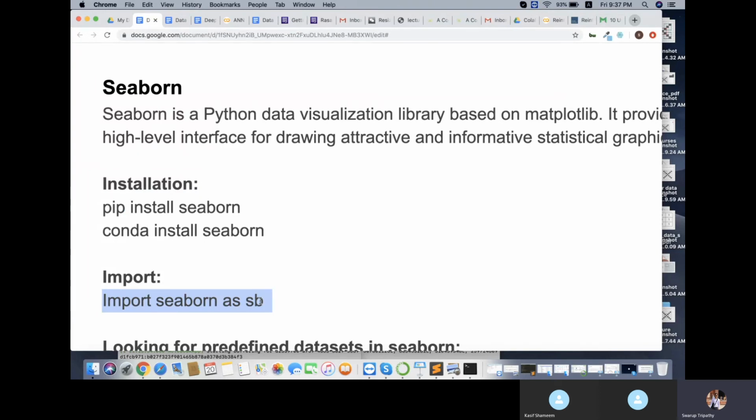Like see here, this alias SB I am using, but in most places you will not find this alias being used. Seaborn themselves use an alias called SNS, but that's three letters. I like SB more, so I use SB in all my code. An alias is something you can choose, so it doesn't matter what you give there. It's just a shortcut we are assigning. I find SB much easier to understand than SNS. So you can import this Seaborn package first, then we will work on it.